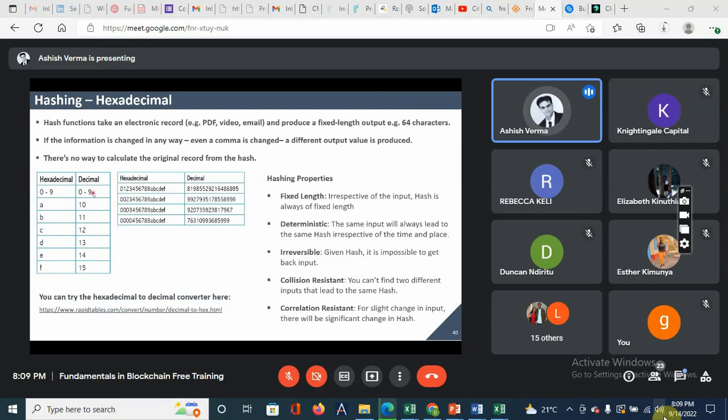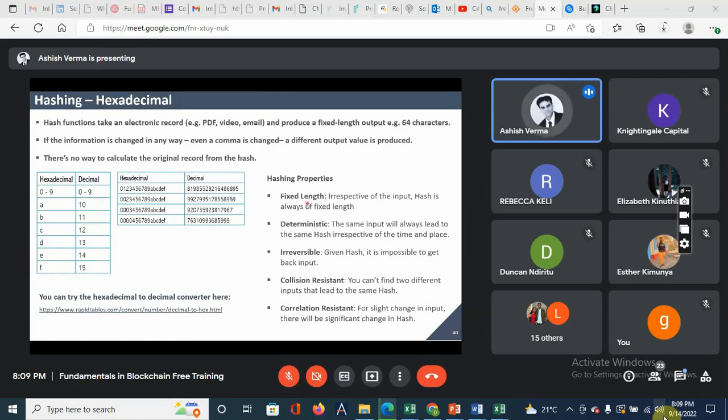If we see the decimal equivalent, which we use in the mathematical world, this will be the equivalent. So 0 to 9 will remain the same. Instead of A, we use 10 in regular mathematics. For B, we use 11. For C, we use 12, and so on and so forth. So if we convert, let's say, a particular hexadecimal into decimal, this will be the result. There are utilities which can be used. This is one such utility from where you can derive hexadecimal based on decimal. This is important to know because this is the basis for all kinds of hashing which is being generated.